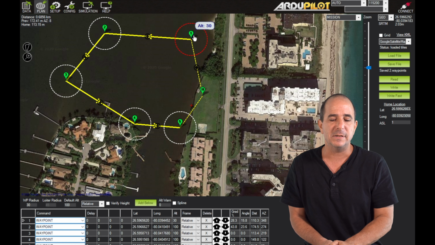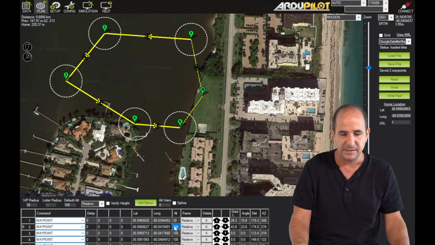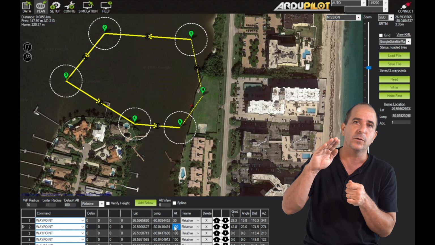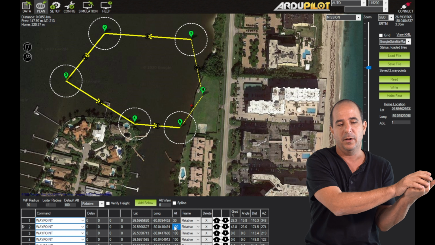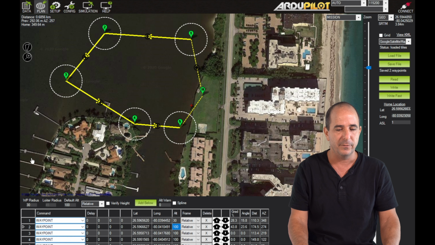The second waypoint is not 30 meters up, but 100 meters, as you can see here. So it will, in a diagonal, go from the first point to the second point, which is 100 meters up. So the 70 meter climb would be done through this arc here.